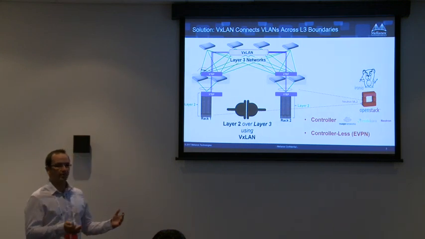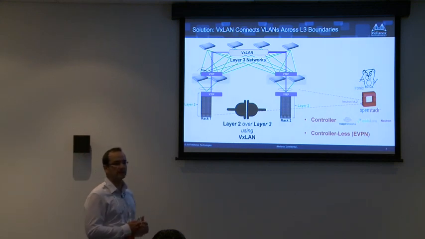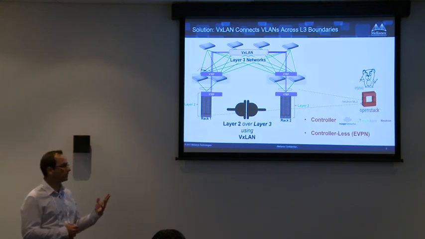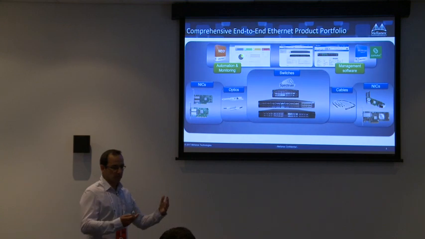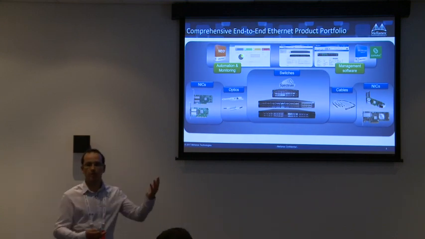And this is the controller-based solution. And there is another way that is called controller-less, which is basically EVPN, a BGP protocol, doing the control over BGP. Okay, and we'll discuss this option also, and this is a controller-less option. So we talked about doing this termination, this VTAP, in two places. One of them is on the server, the other one is on the top of rack.